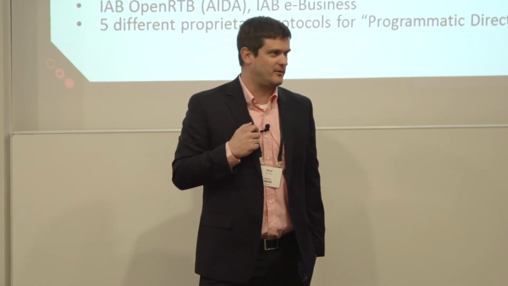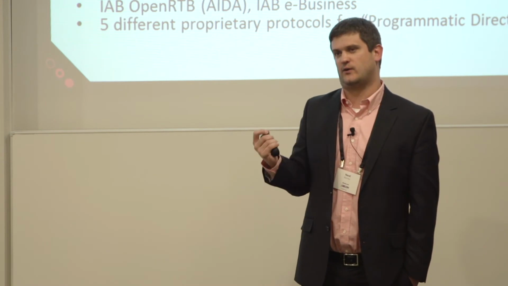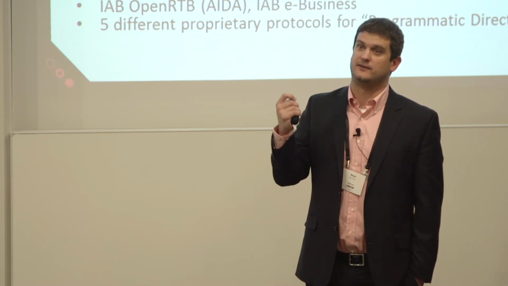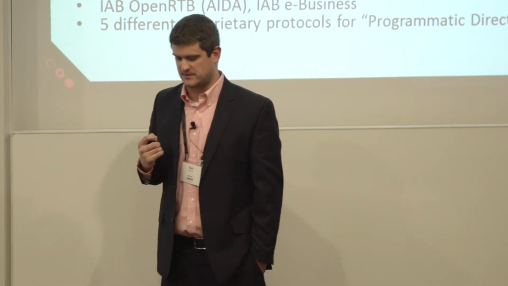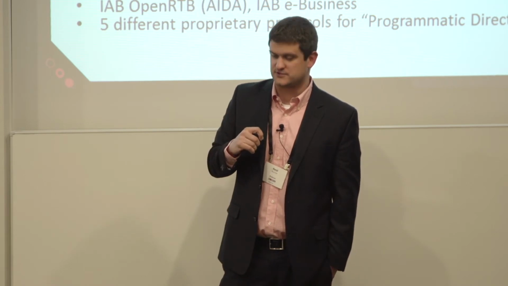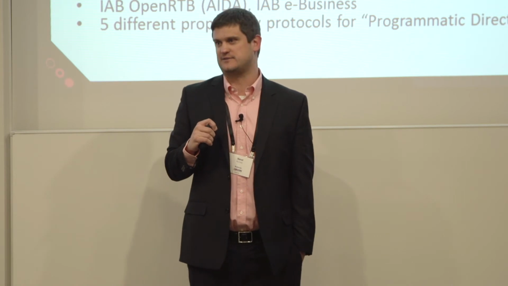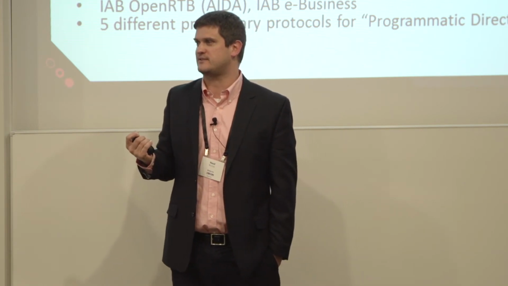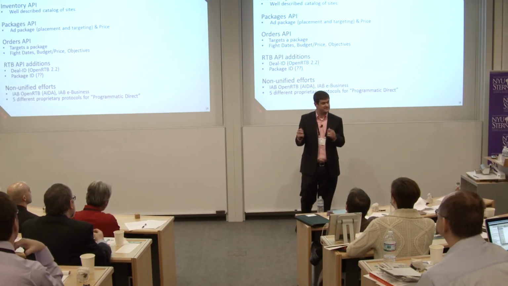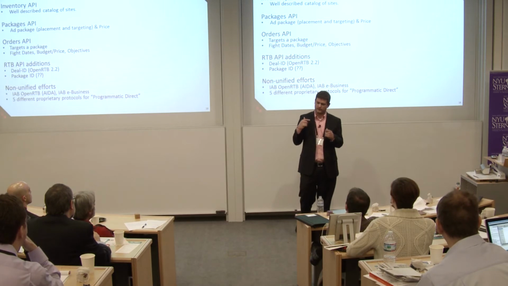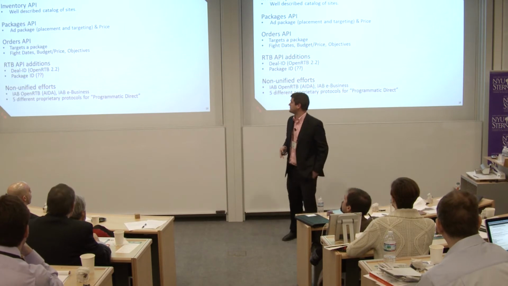So if you step back and you think about what does all this mean, in an ecosystem like advertising, where in order to spend money at scale and reach your audience at scale with the right message, which is the purpose of advertising, especially internet advertising, you have this essentially protocol war and protocol incompleteness that is causing some degree of inefficiency. And if you have inefficiency in a marketplace, then you don't have good pricing. People aren't getting as good of a value out of the marketplace as they otherwise would. And so this is the frontier, to continue to refine these protocols such that the marketplace is more efficient.